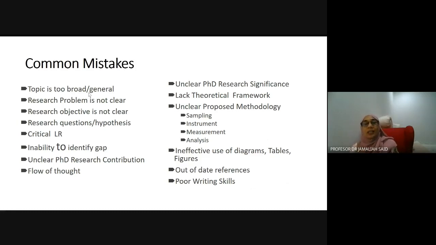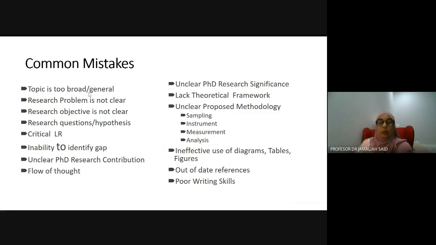Unclear proposed methodology, so sampling, not only sampling, you're not sure what the population is. Okay, so for example, you're studying internal auditors. So what is the population? How do you know the population? The population does not exist. I mean, the database of the population does not exist. So how are you going to write on that? Yeah, I understand. So you have to refer to theses, how the students write this section if there is no database